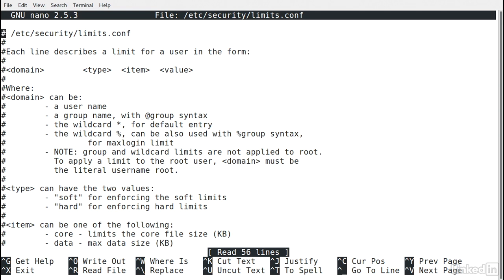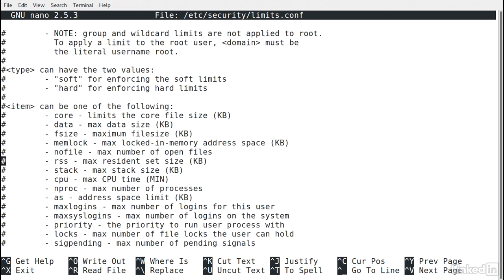The file itself and the man pages for limits.conf list all of the things that can be limited in the file. Let's take a look at the file and edit it. The format that we need to add items in is a user or group name, or a wildcard, and then whether the limit is hard or soft, that is, whether the system will cut off activity or just warn about it, and then the item we're limiting and the value of the limit. Let's scroll to the bottom,